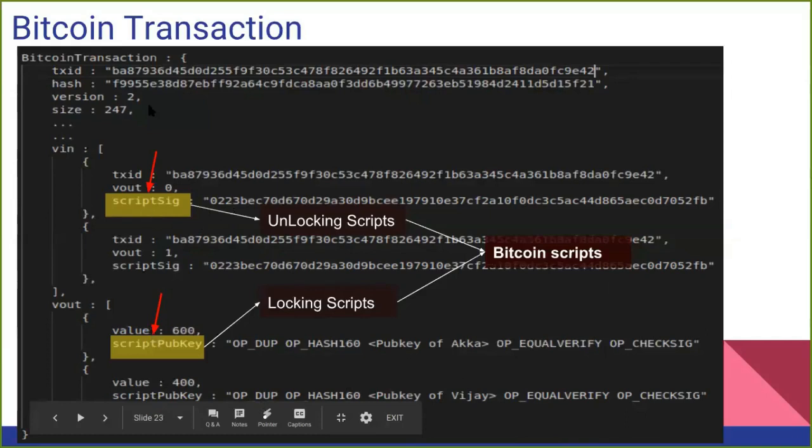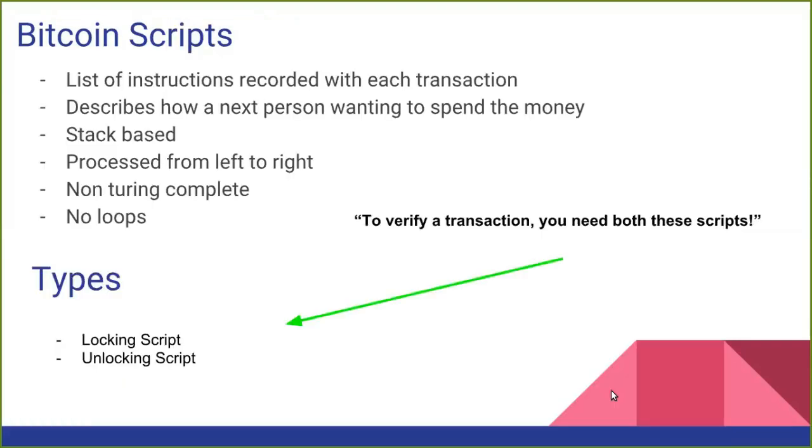So there would be some other transaction ID. I'm sorry that these two transaction IDs look similar. What I was saying is, when he was spending the money, he was providing the unlocking script, which means the signature, and also the reference to the locking script. He is providing this reference: go to this transaction ID and find this output, and there you will get the locking script. Something would look like this. So that's why I wrote, to verify a transaction.